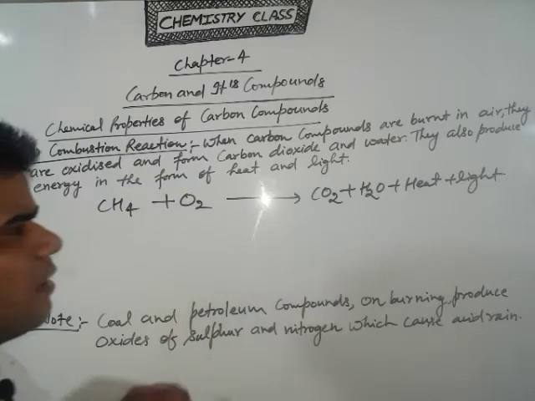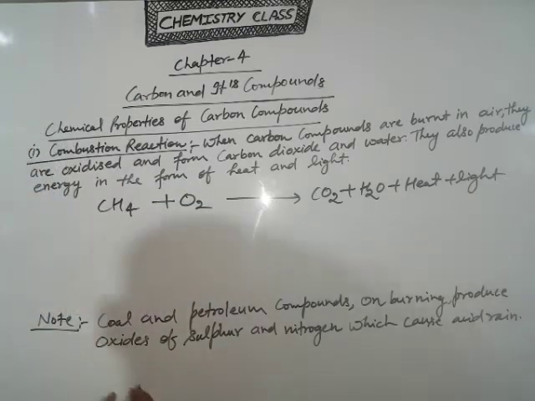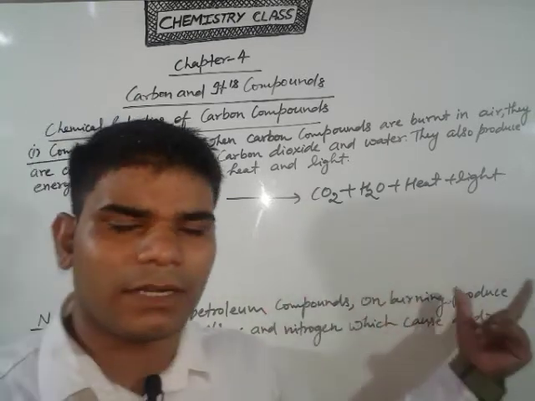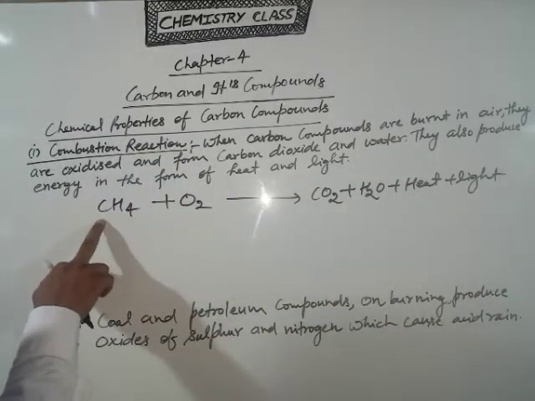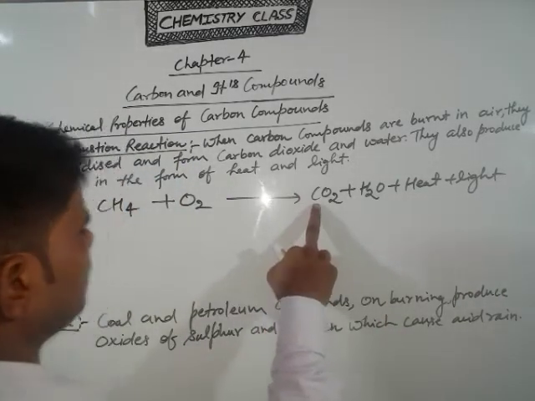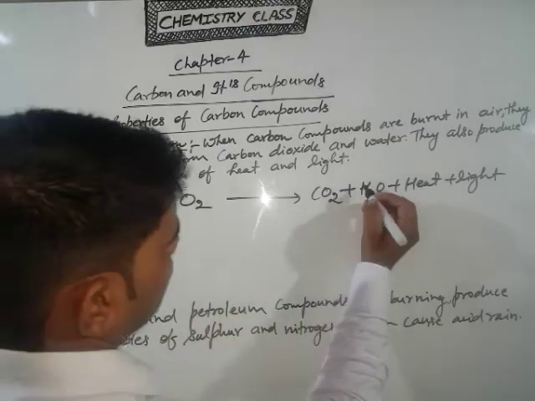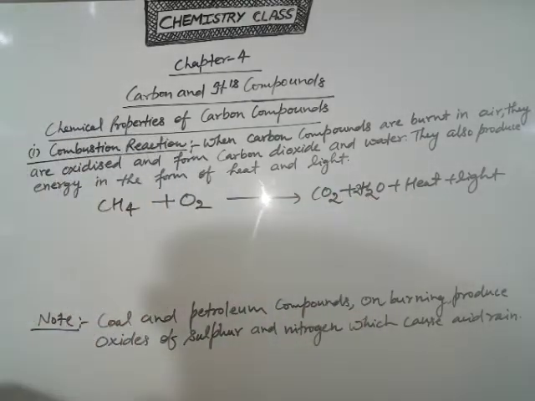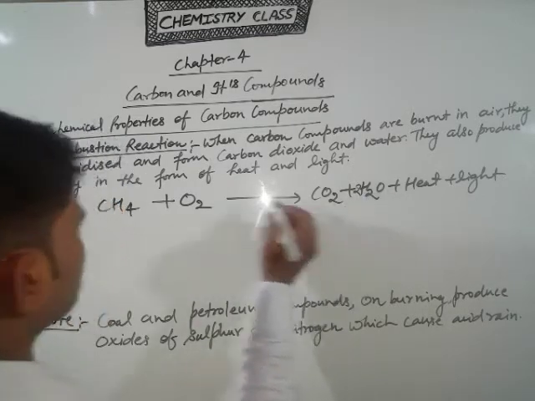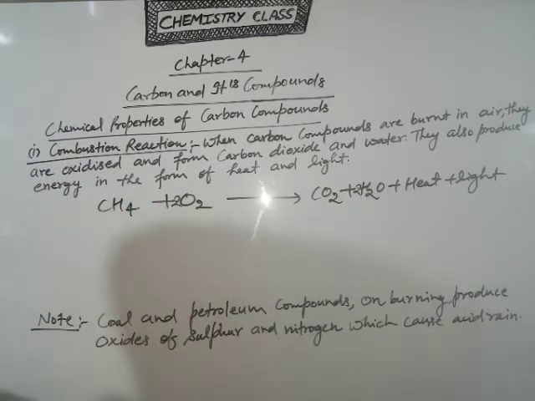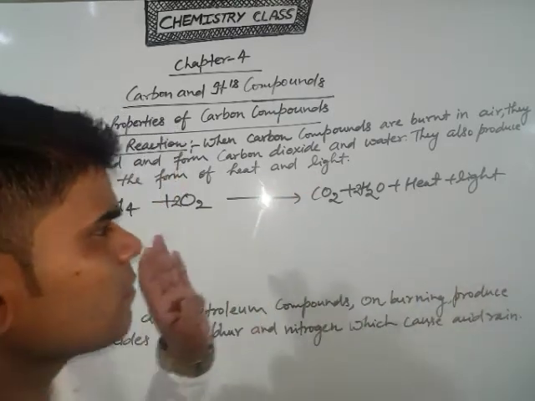So students, remember one thing, a combustion reaction gives only CO2 and H2O. Clear? So in this case, how many carbon atoms? 1 here, also 1 here. But the hydrogen is 4. So first you multiply the right side by 2. So how much oxygen? 2 and 2, that means the total is 4. So this is your balanced equation.